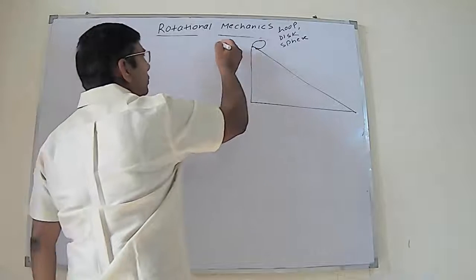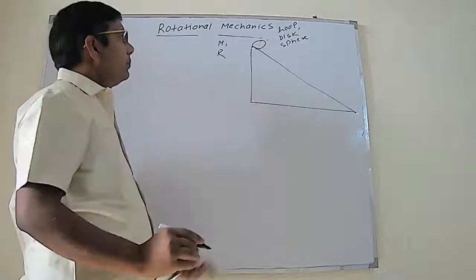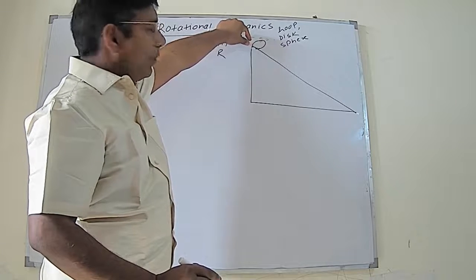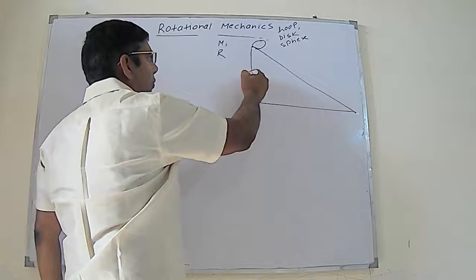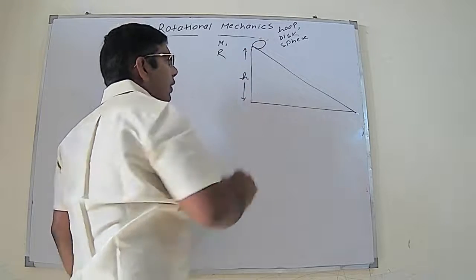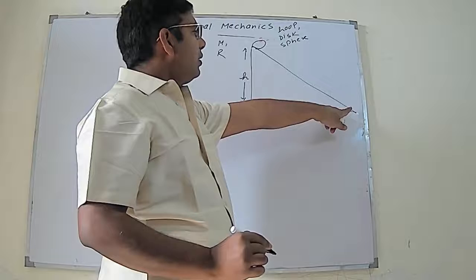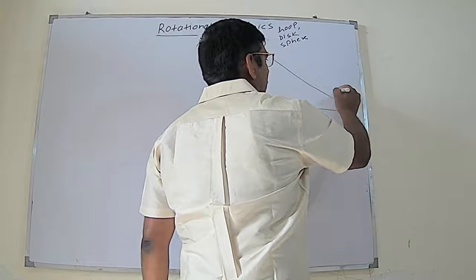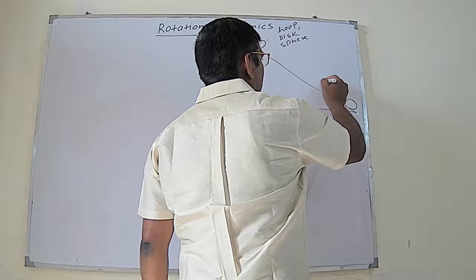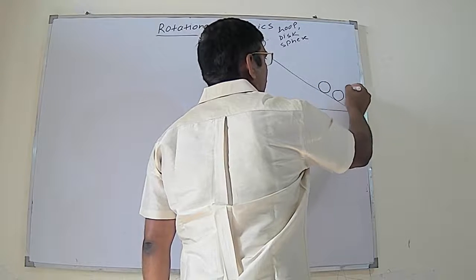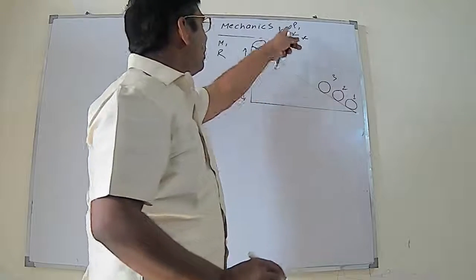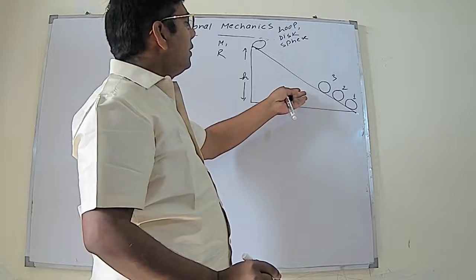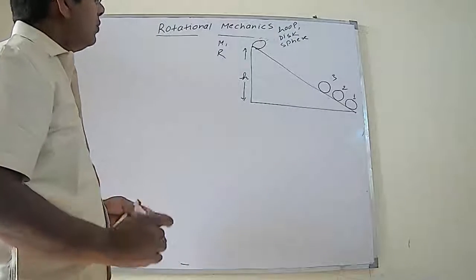They all have the same mass m and radius r, and are released from the top of a ramp with zero velocity. We have to find out which one will reach the bottom first and what will be their velocity. Whether it will be the hoop, disk or sphere. Do you think it's obvious? Let's see, we will find out.